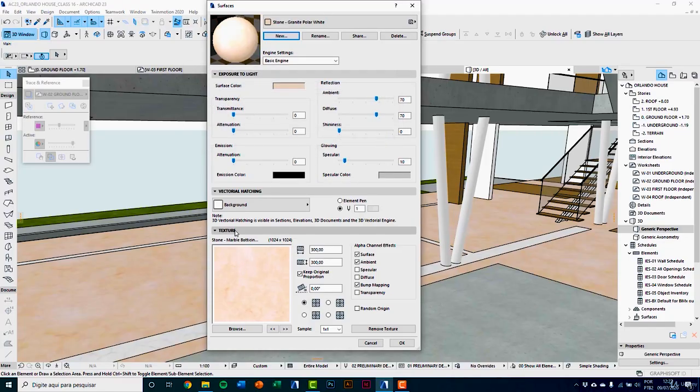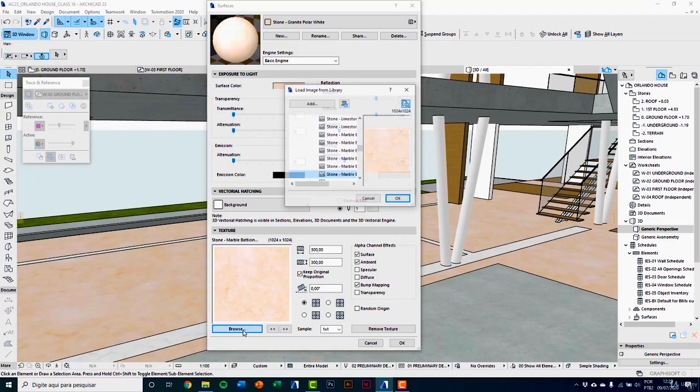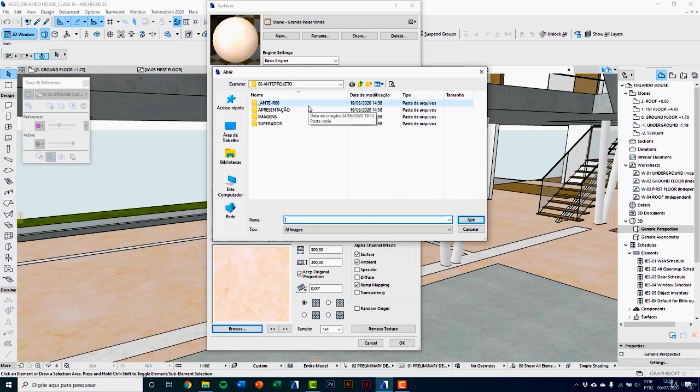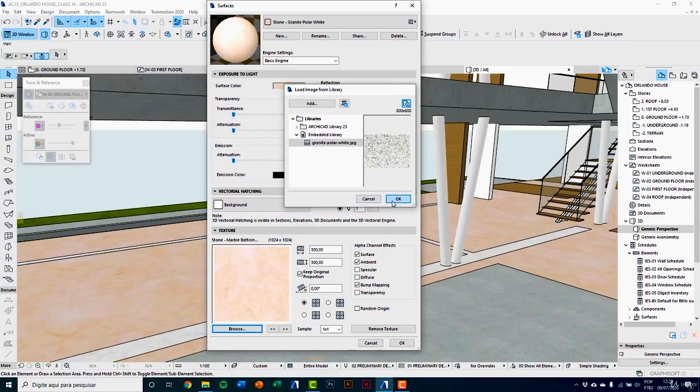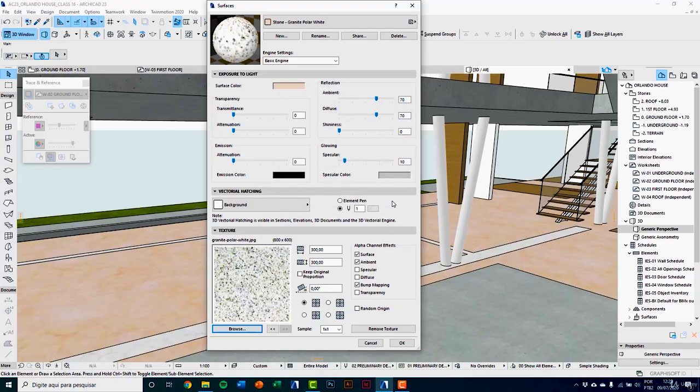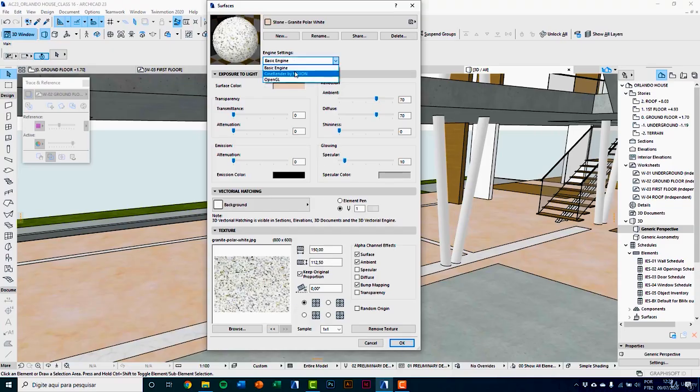Click OK. On Texture tab, I'll click Browse, Add, and search the file on my computer. Open, click OK, and here we have dimensions. It's important to keep original proportion. I will decrease this texture to be applied. Going to Scene Render by Maxon,